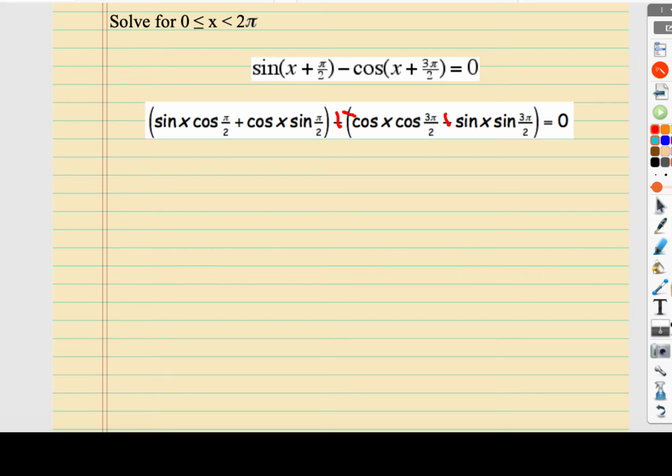So let's go ahead and find some values. The cosine at pi over 2, again, is going to be 0. So this whole term turns to 0. Basically, we can ignore it. The sine at pi over 2 again, right, is going to be a 1, which means this is really just the cosine of x. Over here, cosine again at 3 pi over 2 is also going to be 0,